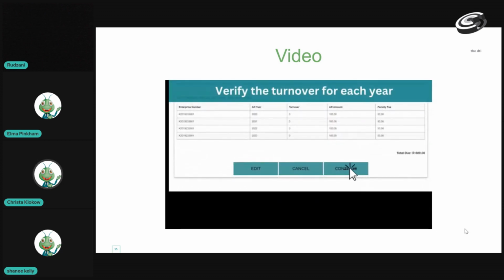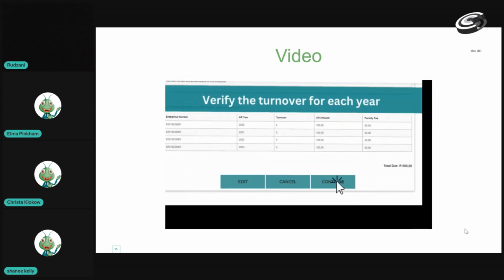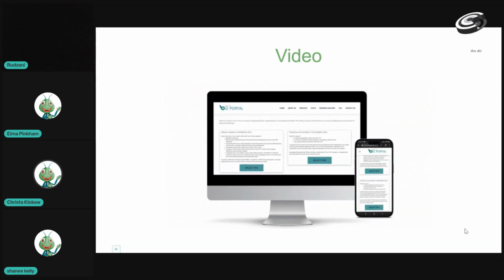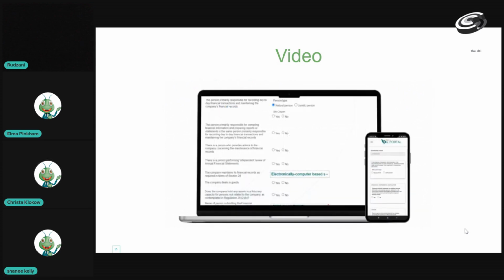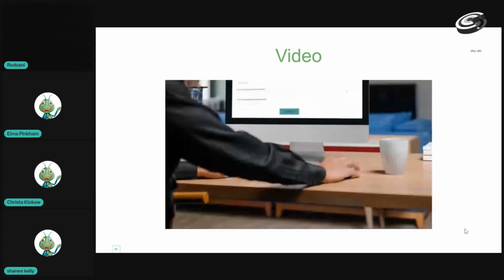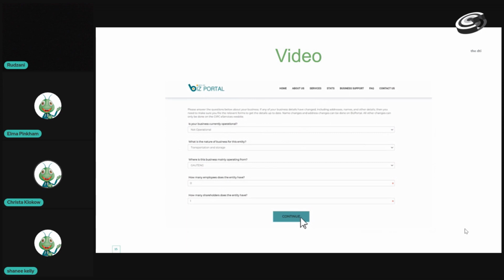Verify that the amounts you entered are correct, then click or tap on the Continue button. Then select the FAS option, complete all the fields in the form, then click or tap on the Continue button. You then need to answer 5 simple questions about the operational details of your company, then click or tap on